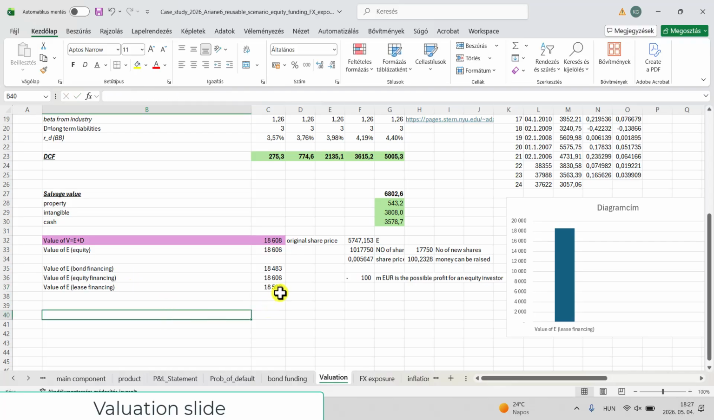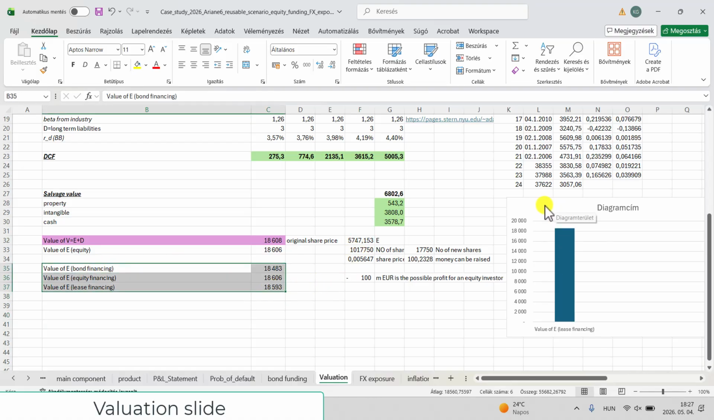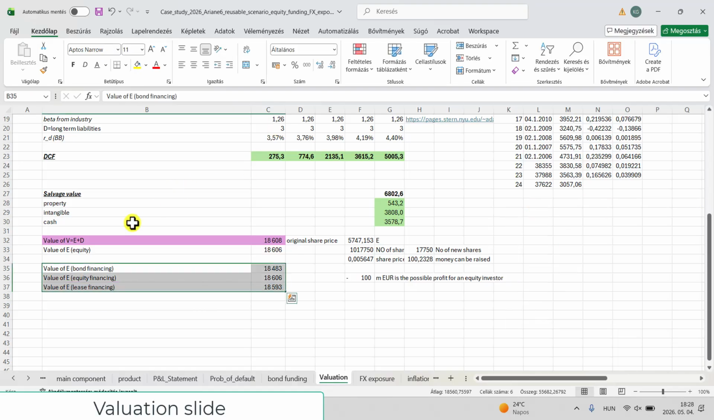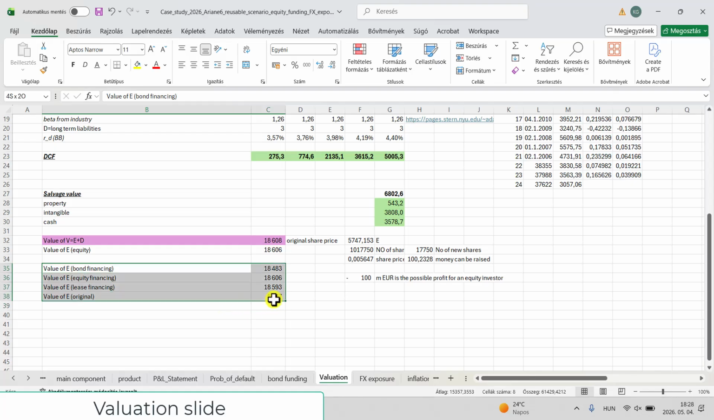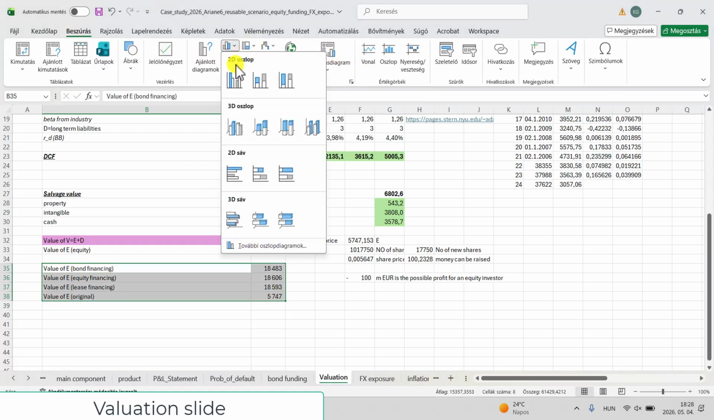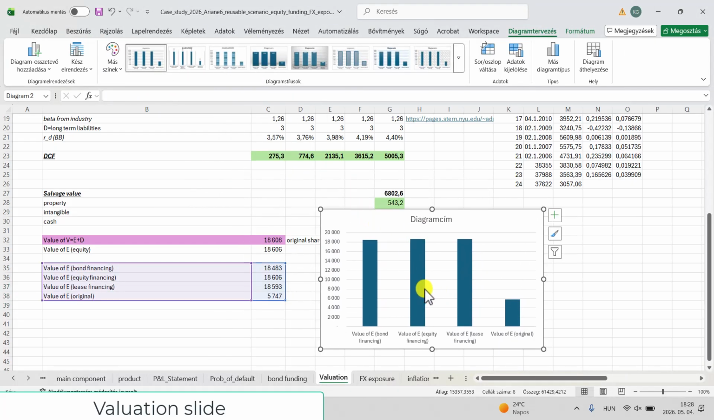Financing. Yeah, and also we can see that that was the original share price. So at the end of the day, what we need here is, we can refer to here. Then let's have another one, and then we can